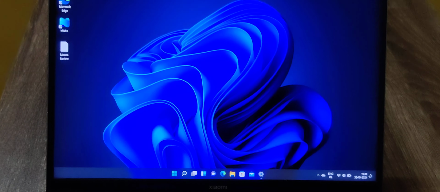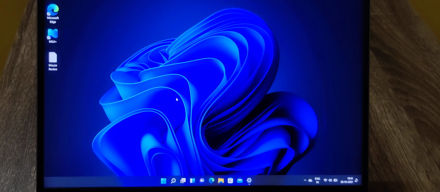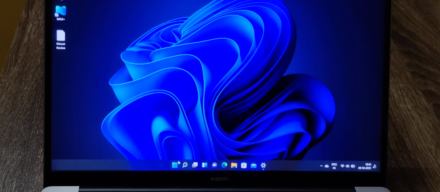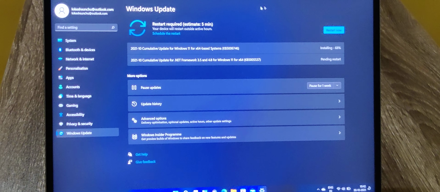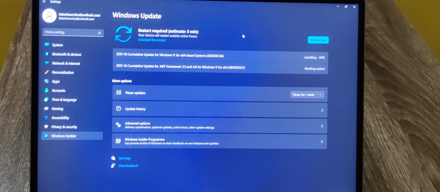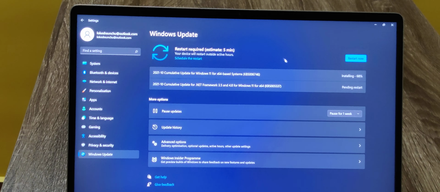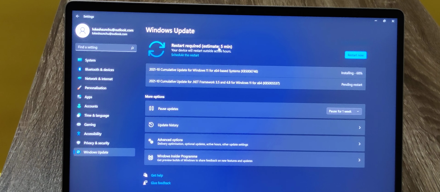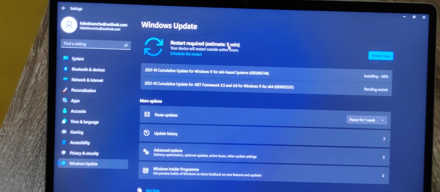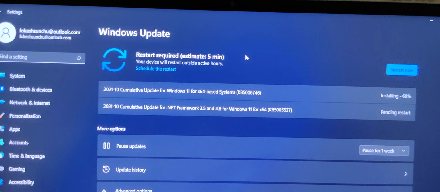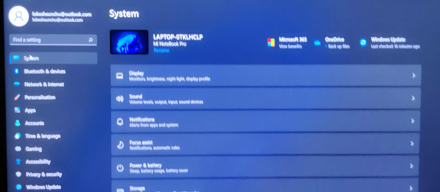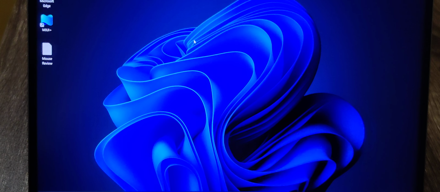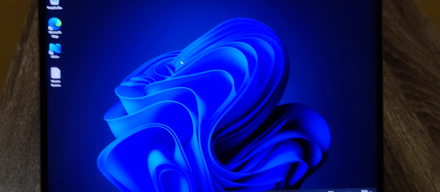As you can see now, this is the default experience wallpaper of Windows 11. You can see this in promotions of Windows 11 perfectly. And you can do some time and language settings. As you can see, we even received a bunch of updates for the next iterations of Windows 11. You can even see the highlighted amount of time it will take. It is highlighting that it will take exactly 5 minutes to upgrade the PC with these changes. So as of now, the experience is better, buttery smooth in terms of switching between apps, in terms of opening